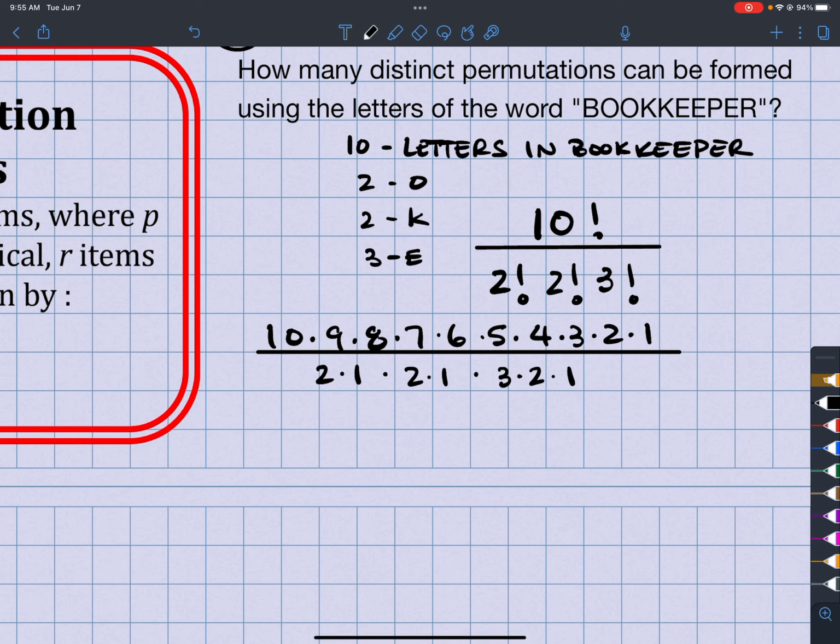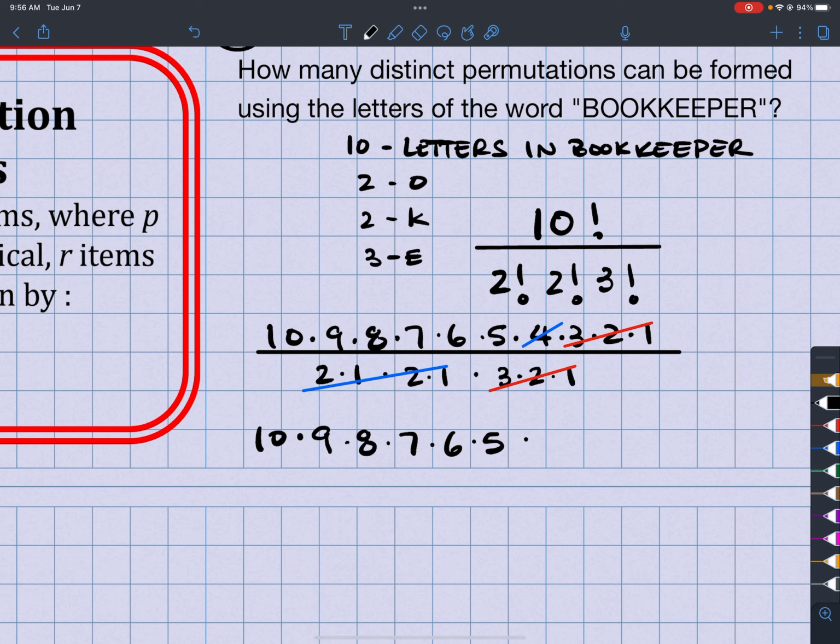Okay, so I have that 2 factorial, 2 factorial, and 3 factorial on the bottom. However, what you see is that the 3 times 2 times 1 can cancel with the 3 times 2 times 1, right? And then 2 times 1 times 2 times 1 can get rid of the 4, because that way you go to 4, all right? So what I really have here is the 10 times 9 times 8 times 7 times 6